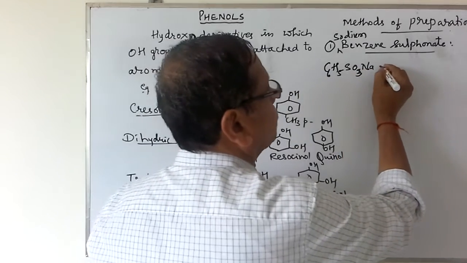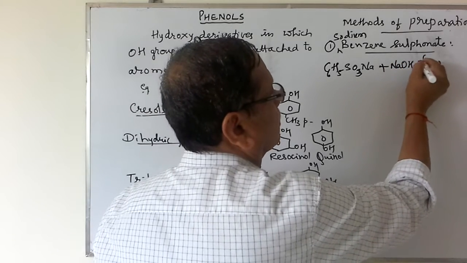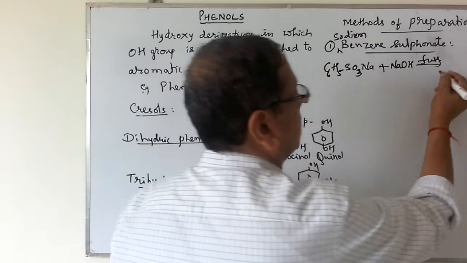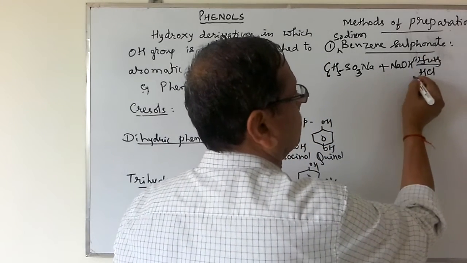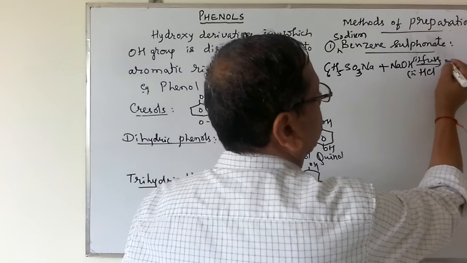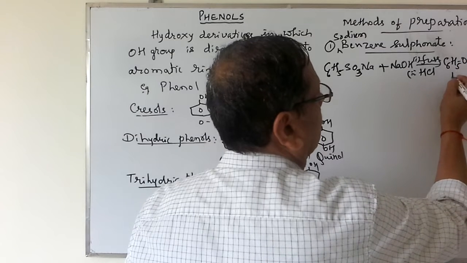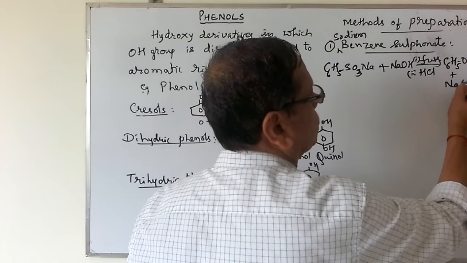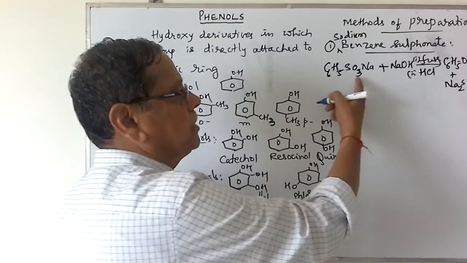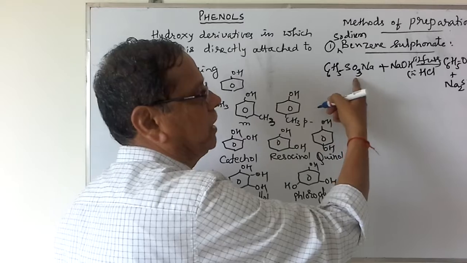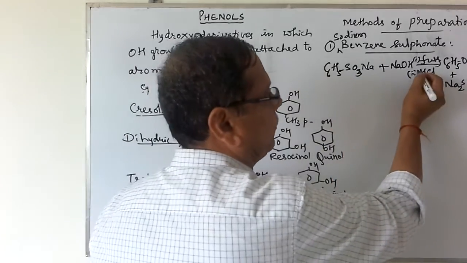This is fused with NaOH, followed by acidification with HCl. We get C6H5OH, phenol, along with Na2SO3, sodium sulfite. When sodium benzene sulphonate is fused with sodium hydroxide, it gives the sodium salt, which on acidification will give rise